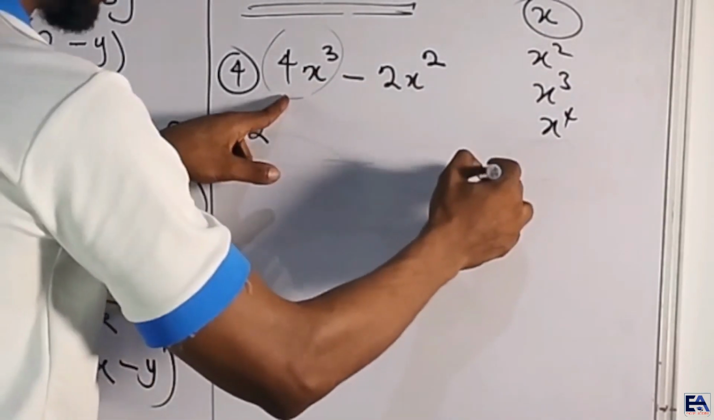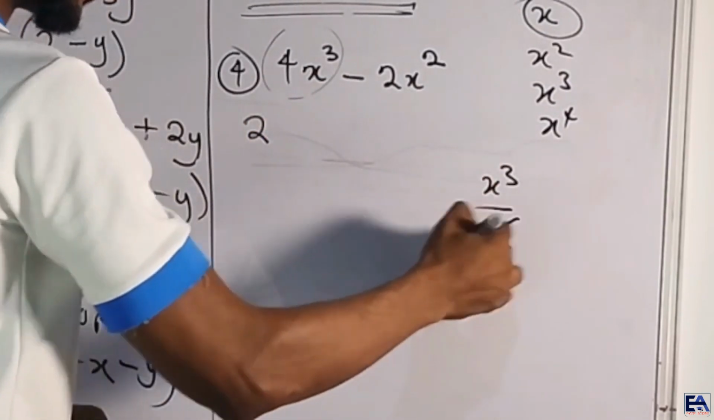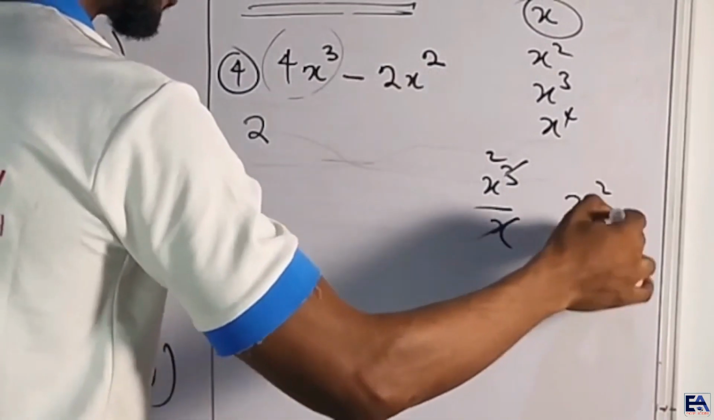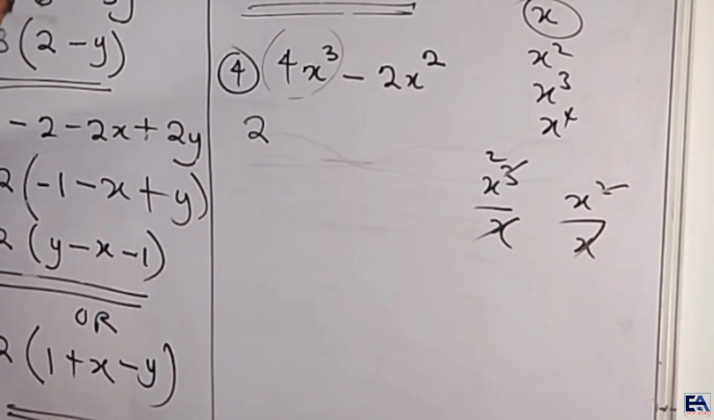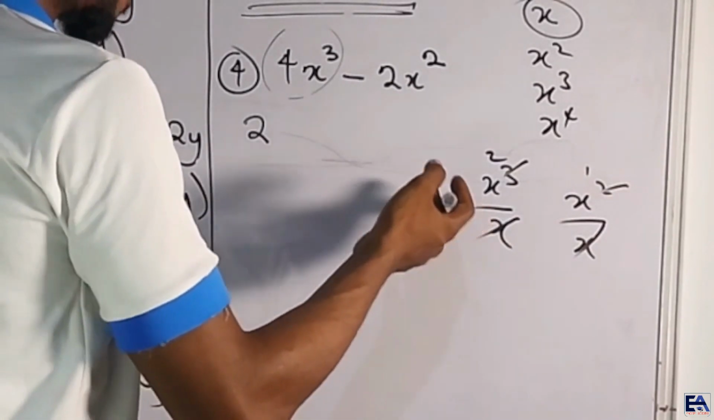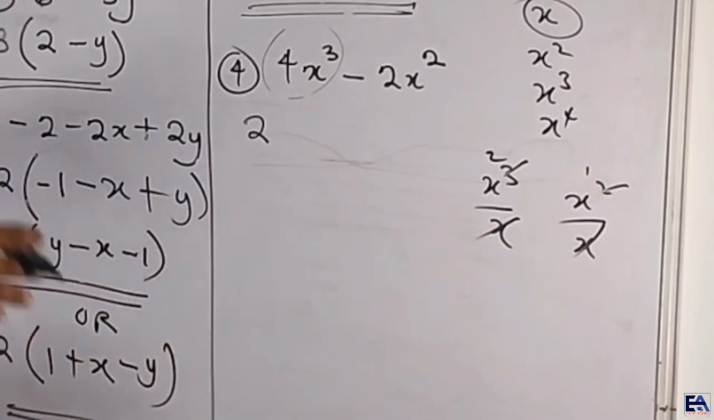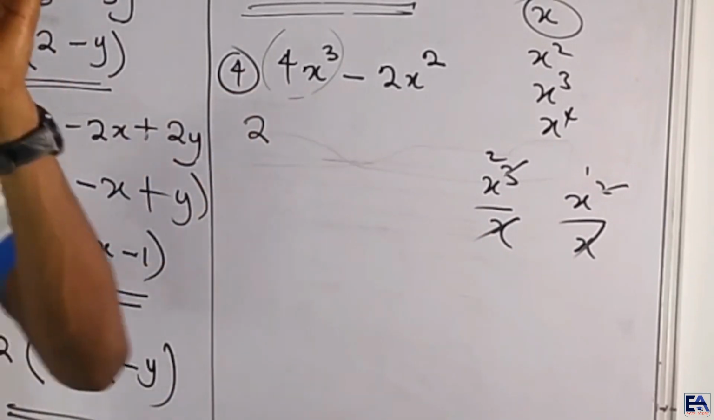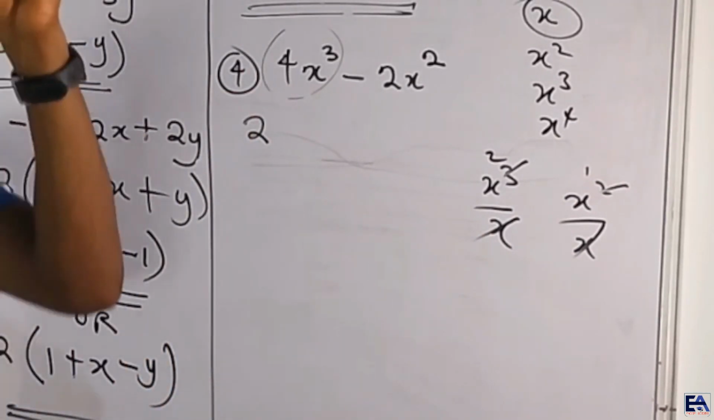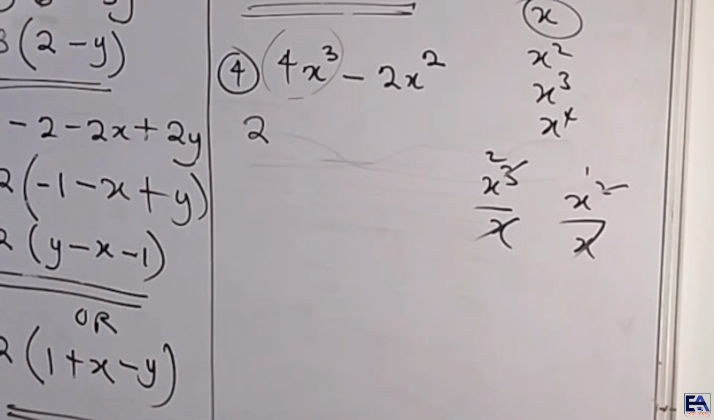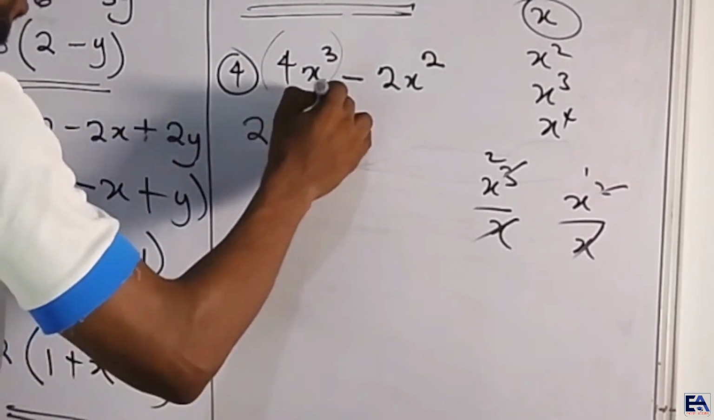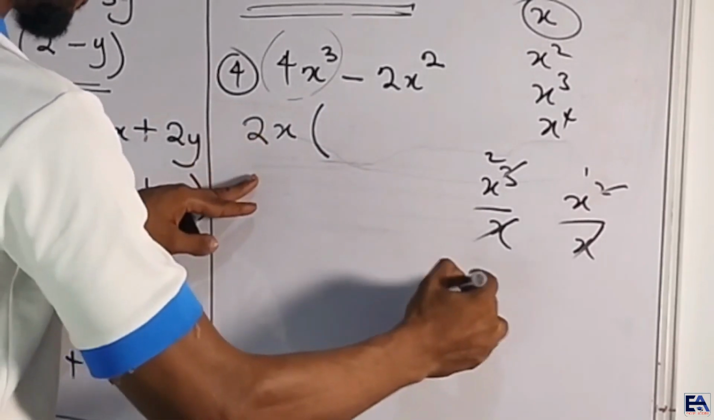As a matter of fact, when you divide x cubed by x, you get x squared. When you divide x squared by x, you get what? You get x raised to the power 1, which is x. But x will still be remaining. We want the factorization to appear in its lowest form, where nothing can be further factorized. Because if you use x as a common factor and you open the brackets, you're going to have 4x cubed